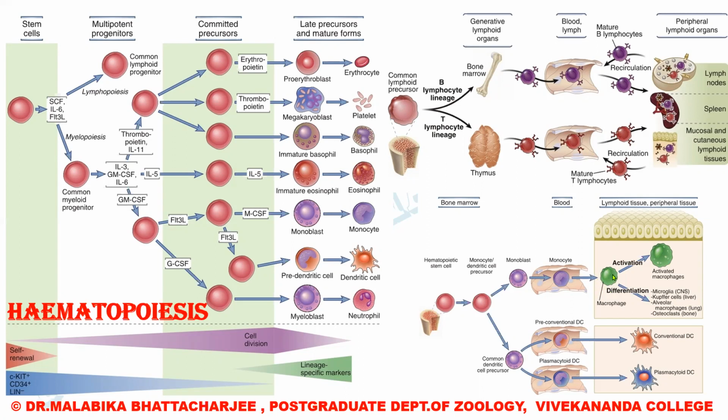These macrophages, when they differentiate and reside in tissues, give rise to the residential macrophages. So from the monocytes, I mean to say from this particular common progenitor that developed from the myeloid progenitor, we are getting the activated macrophages, the residential macrophages, and the conventional dendritic cells as well as the plasmacytoid dendritic cells.